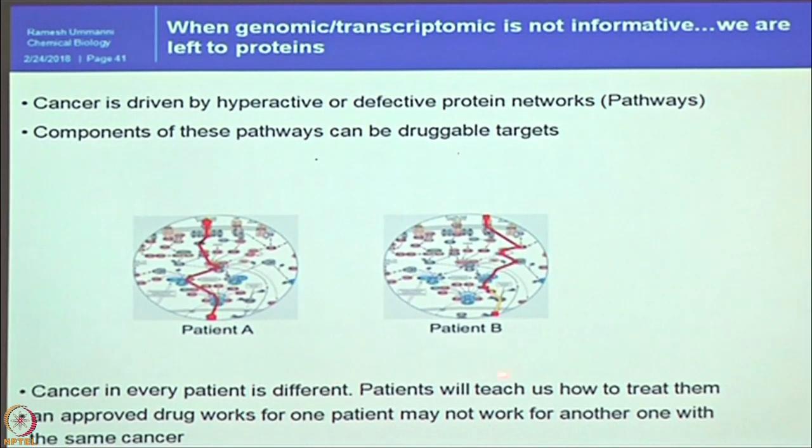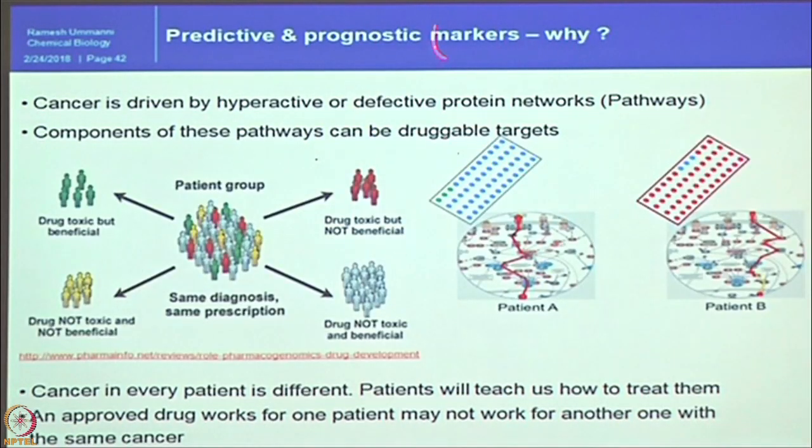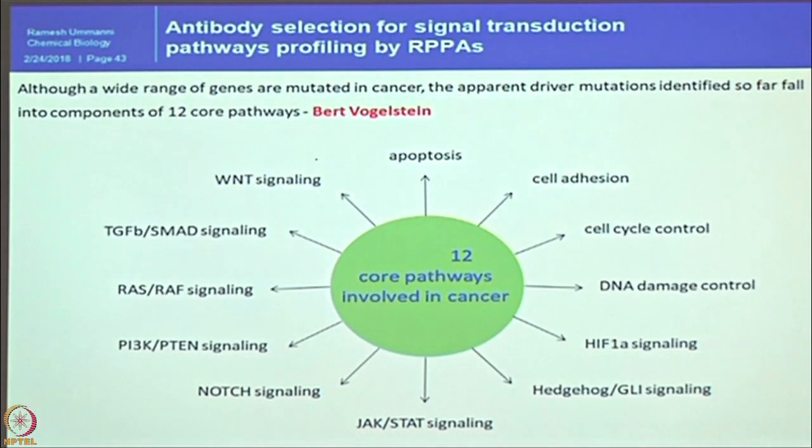In this case, with patient A and patient B, you can see that the red line passes differently in the two diagrams. Both of them are lung cancers, but the signaling pathways responsible for non-small cell lung cancers are different. But how does the doctor know this? Only by analyzing the signaling pathways responsible for the lung cancer will he be able to understand. Again, predictive and prognostic markers are required, to know whether the disease is getting cured or not. I will show some examples.